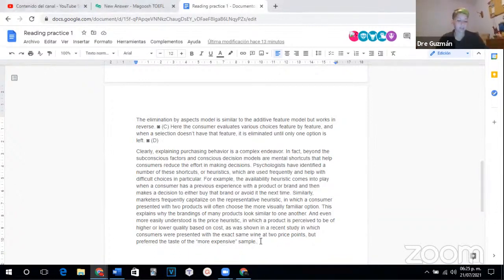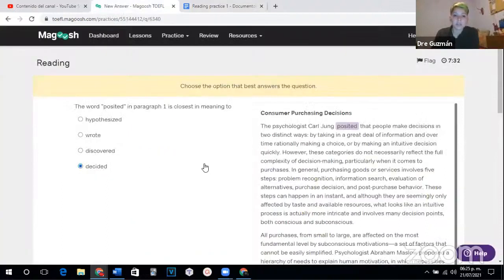All right. Are there any questions about the text? Anything that wasn't clear? Okay, so let's go into the questions. ¿O alguien tiene una duda? Okay. Have you seen what type of questions there are in the reading part, more or less?